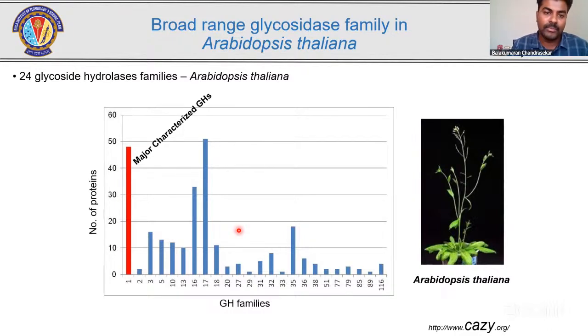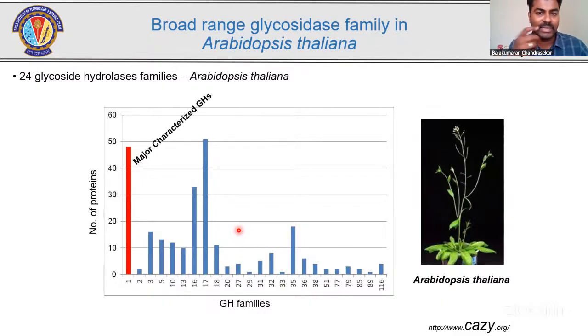I have already told you at the starting point that carbohydrate structures are highly diverse, and the diversity of carbohydrates is reflected in the number of glycosyl hydrolase genes present in the genome. That is something amazing, right? Because carbohydrates are highly diverse in the plant, this diversity has promoted evolution to have a larger number of glycosyl hydrolase genes in the genome of a plant like Arabidopsis thaliana. And this is not the case only with Arabidopsis thaliana. If you take the genome of rice or any other crop plant, you will see different glycosyl hydrolases from different GH families present in the plant system. But the majority of these glycosyl hydrolases remain uncharacterized in plants.